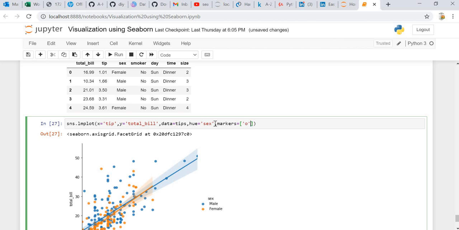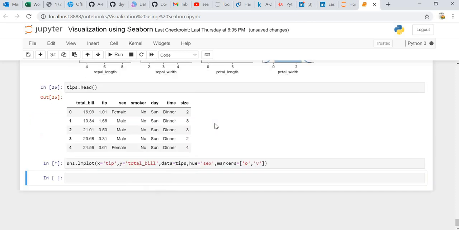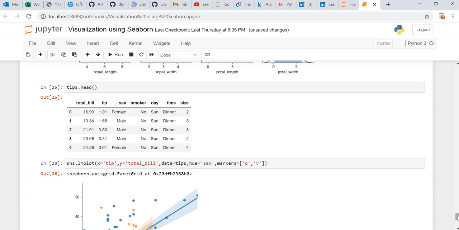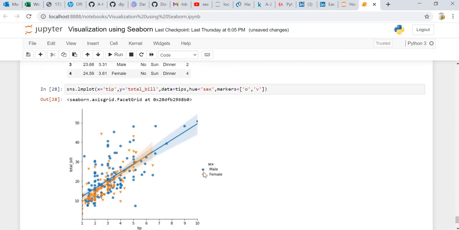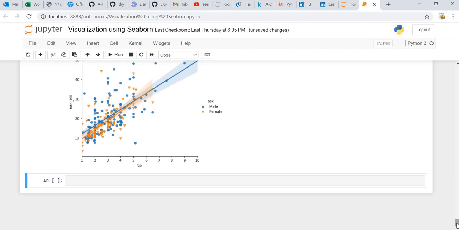Let's say for male we want the circle, and for female we want the V. Once we do that, as we can see, the male is a circle now, the female is a V now.